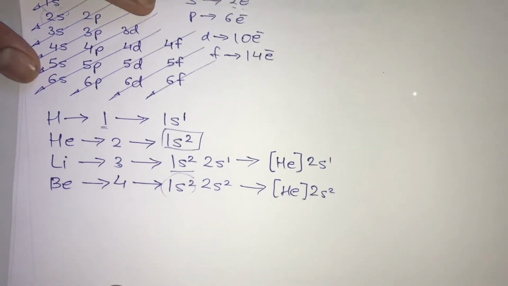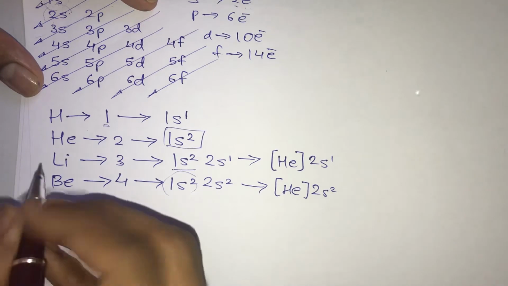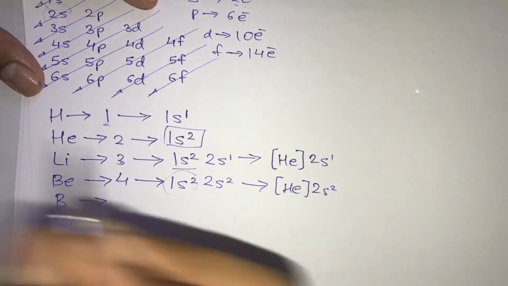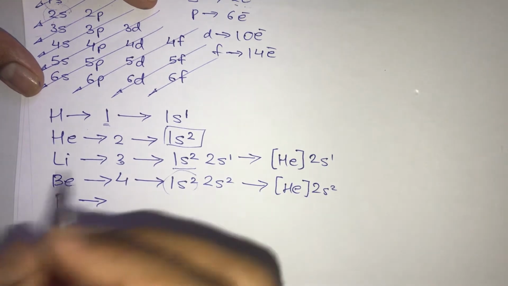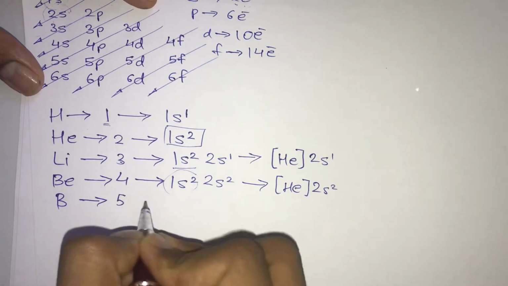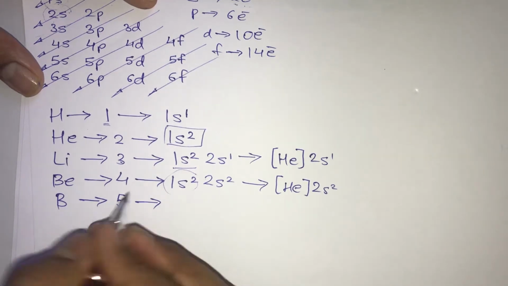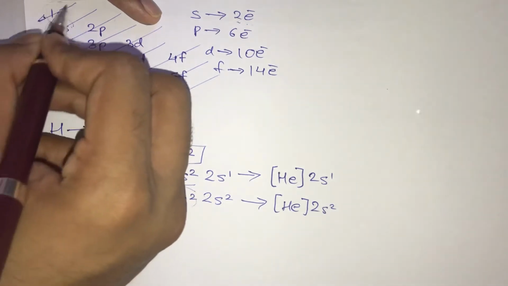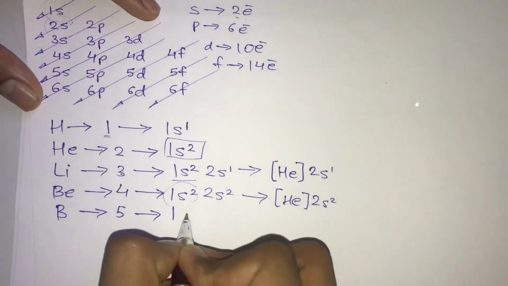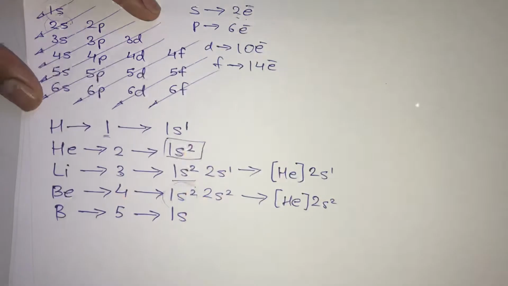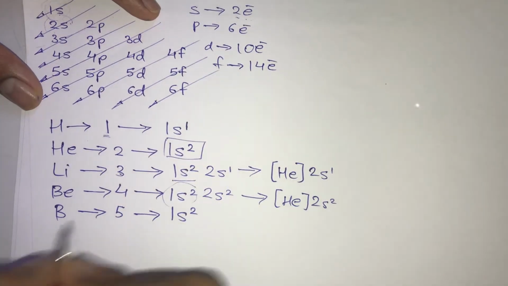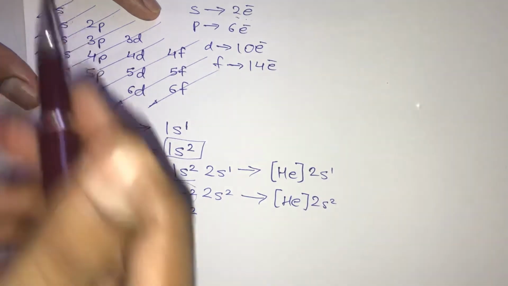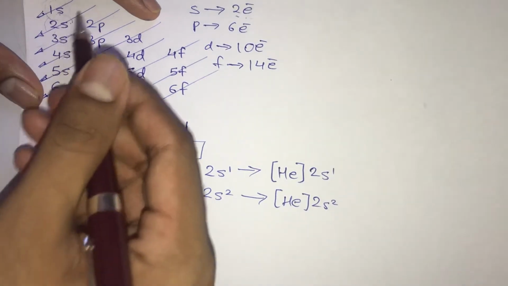Now let's move on to the fifth element, that is your boron. Okay, so what is the atomic number of boron? It is obviously 5. So out of these 5 electrons, they are going to go to the first subshell, that is 1s, and as we all know 1s can take only a maximum of 2 electrons, so it will take 2 electrons. Now out of these 5 electrons, 3 electrons are still remaining. So these 3 electrons will jump to the second diagonal.